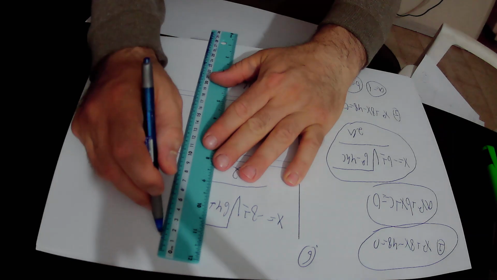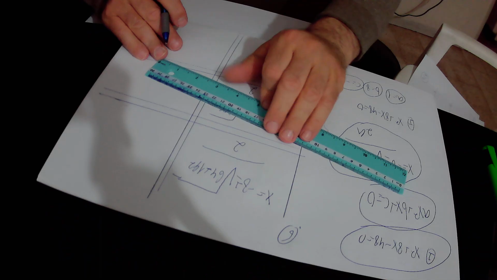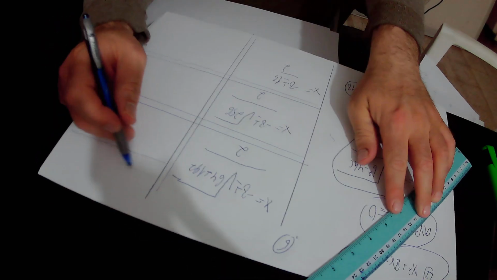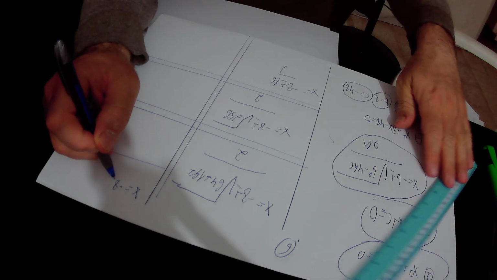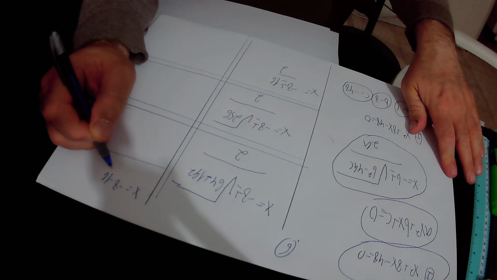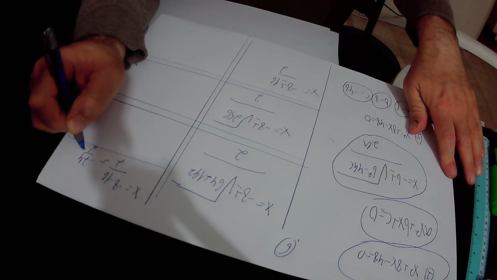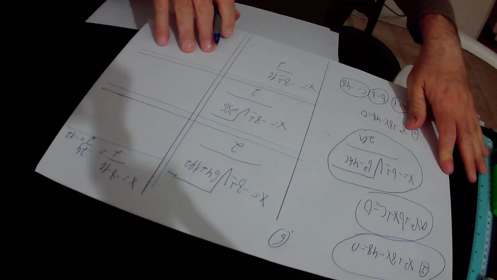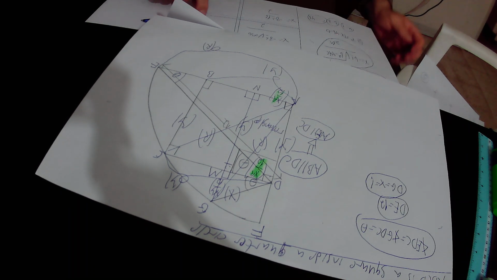The first solution for x is that x equals minus 8 minus 16 over 2. Minus 8 minus 16 is minus 24, and minus 24 over 2 is minus 12. So I found that x equals minus 12, but because x is a length,